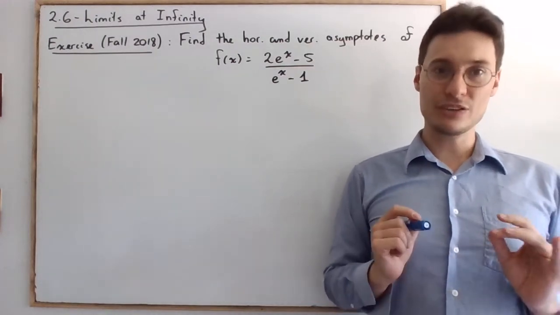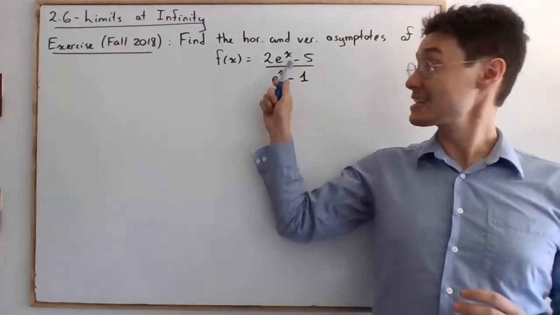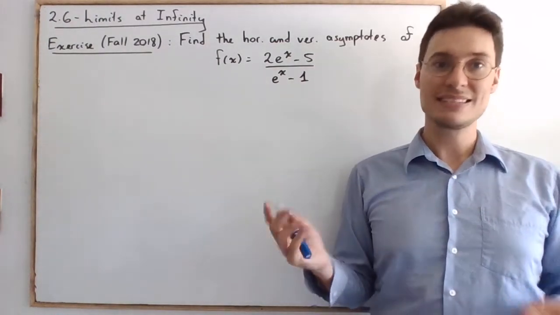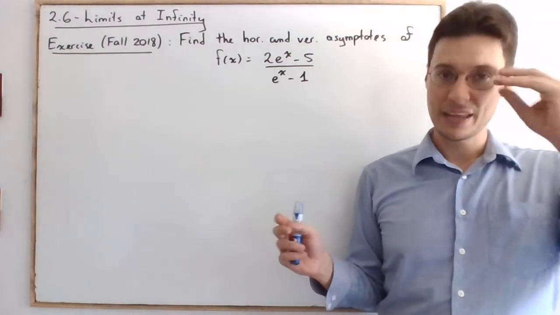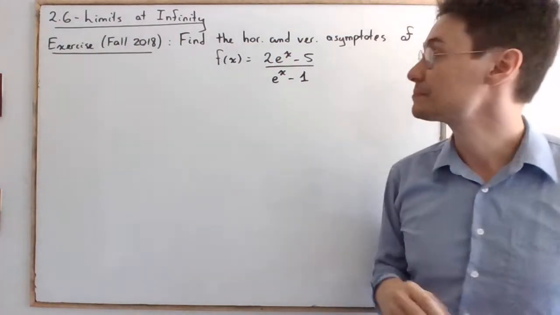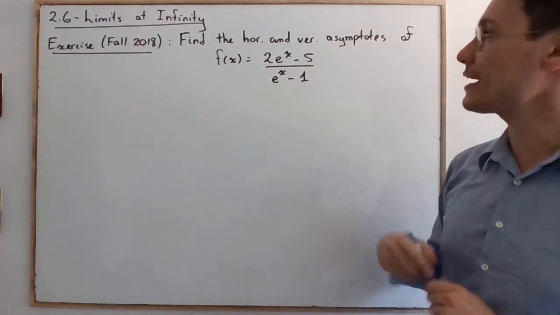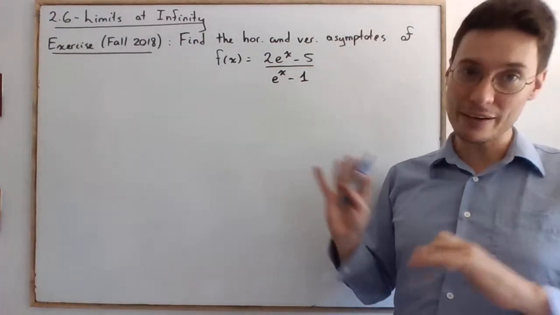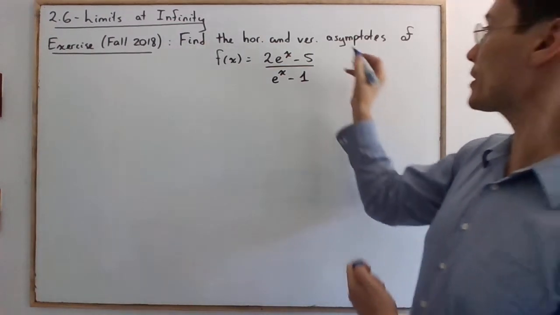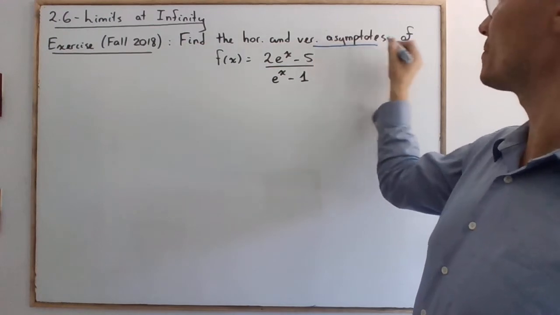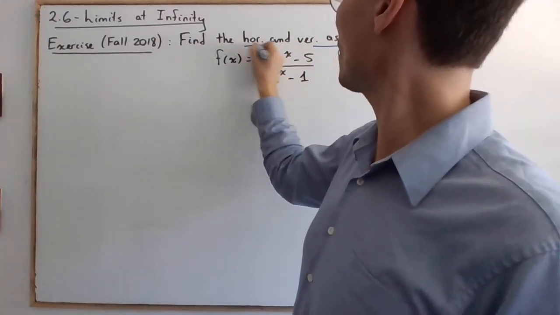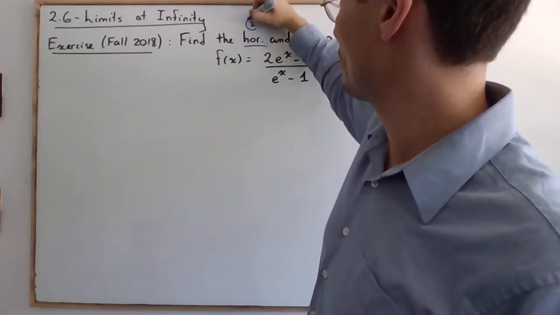The only thing that can throw you off balance is the exponential functions, the fact that we're playing with e to the x instead of simple rational functions. And the asymptotes will look a little bit different, actually. All right, but the procedure is the same regardless of the function we're playing with. So, we're going to begin with the vertical asymptotes. That will be step number 1, and the horizontal asymptote will be step number 2.